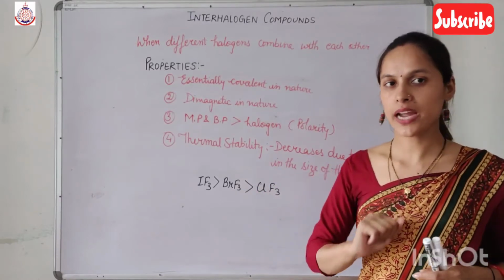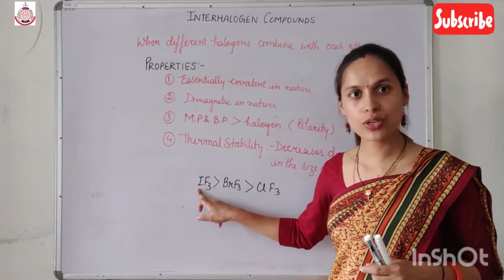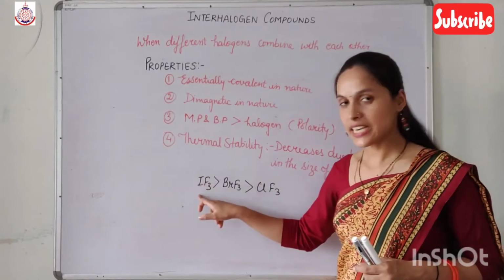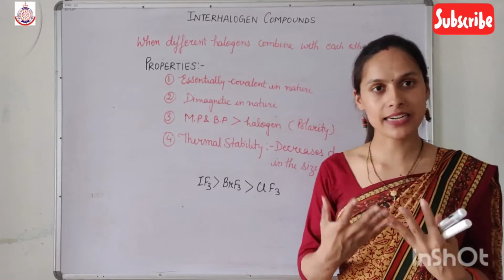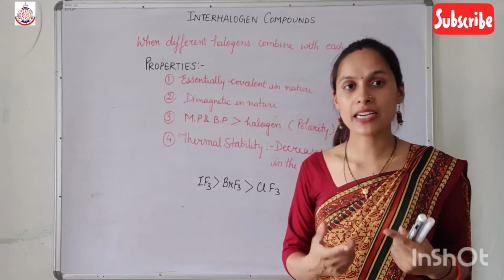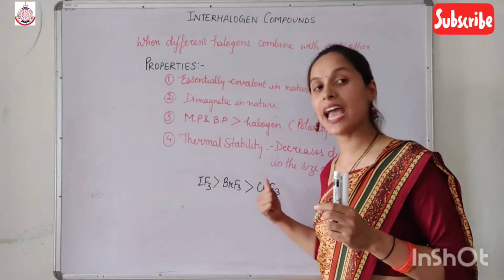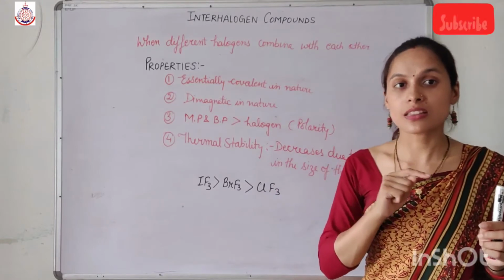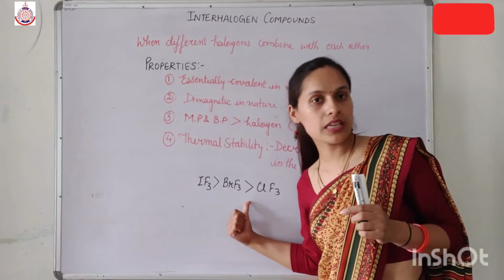Now, what is the reason behind this? If I compare the electronegativity difference, the electronegativity difference of IF is greater than that of ClF. Due to the greater electronegativity difference, the polarity is greater than that of ClF. As a result of greater polarity, the magnitude of the dipole-dipole interaction is greater in IF3 as compared to ClF3. And because of this reason, IF3 is more thermally stable as compared to ClF3.